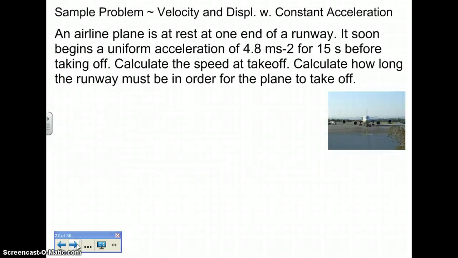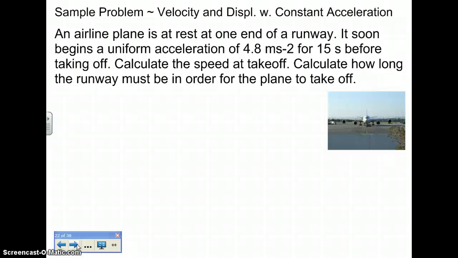It says an airline plane is at rest at one end of a runway. It soon begins a uniform acceleration of 4.8 meters per second squared for 15 seconds before taking off. Calculate the speed at takeoff and calculate how long the runway must be in order for the plane to take off. So from this, we know that we have